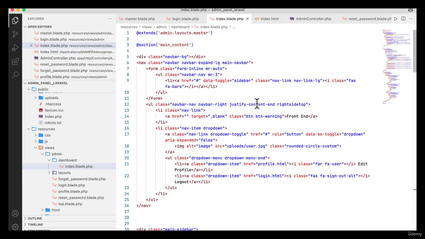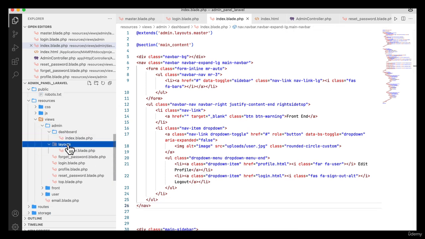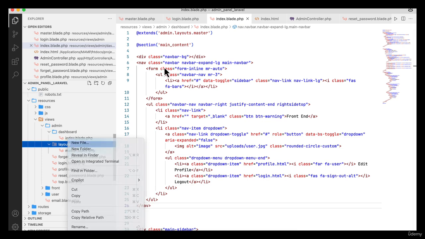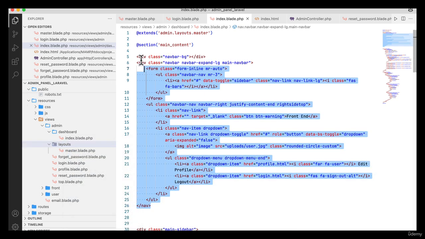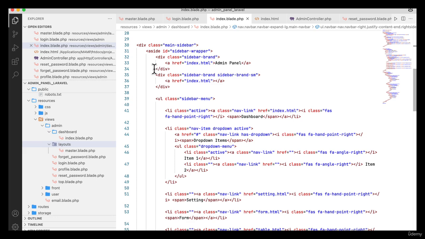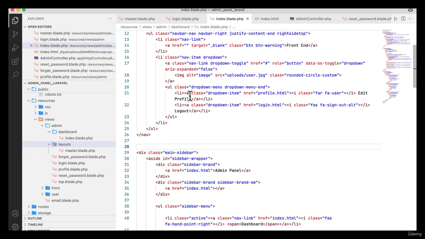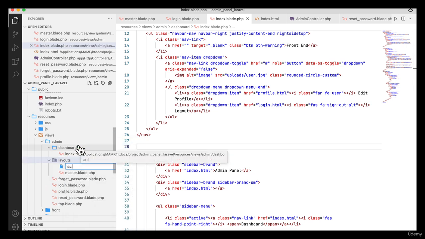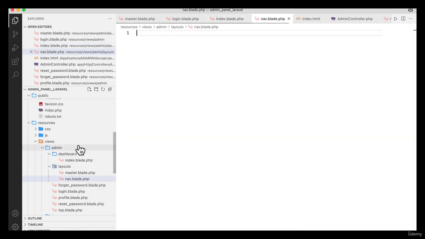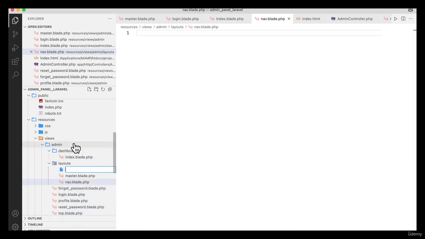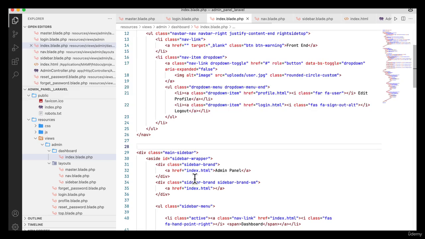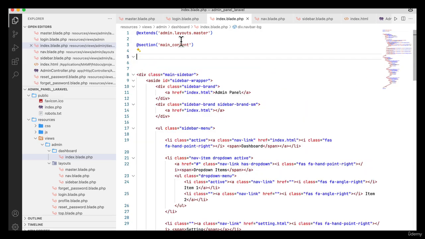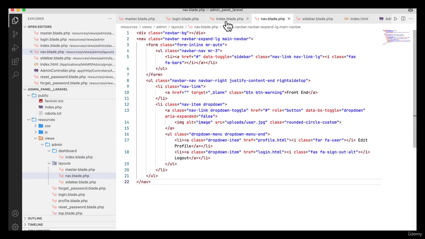And now what is my task? My task here is to create separate things in the layout. You see there is a layout, only master file is there, but here is, you see this is a section, that is a navbar section, and this is a sidebar section. So the top section or nav section I am going to call here, that is nav.blade.php. Another one in the layout I am going to create, that is sidebar.blade.php. So now here this nav portion I am going to cut from here and paste it here,